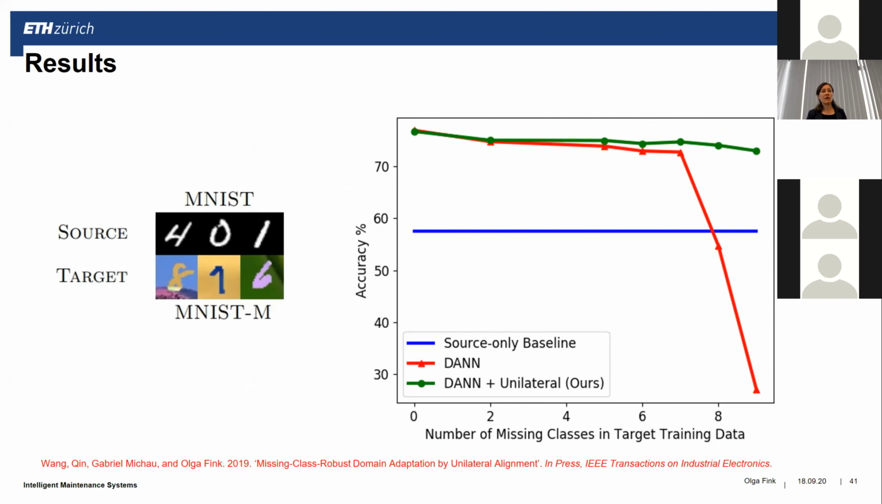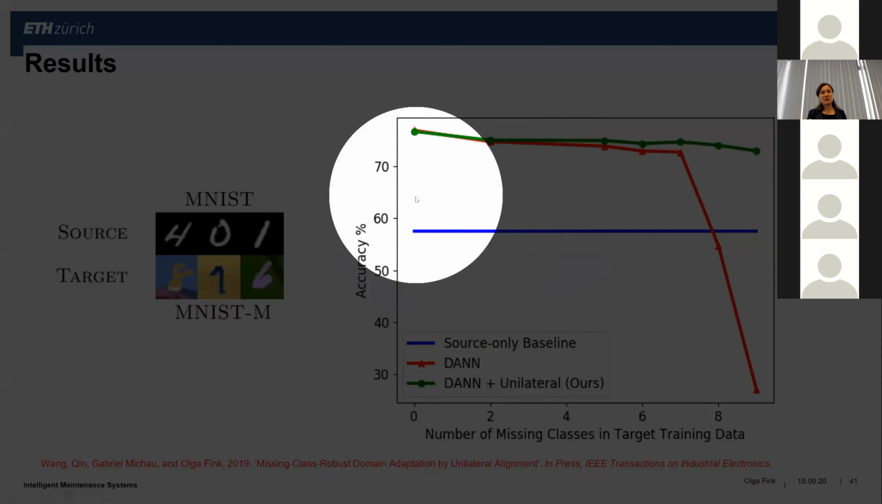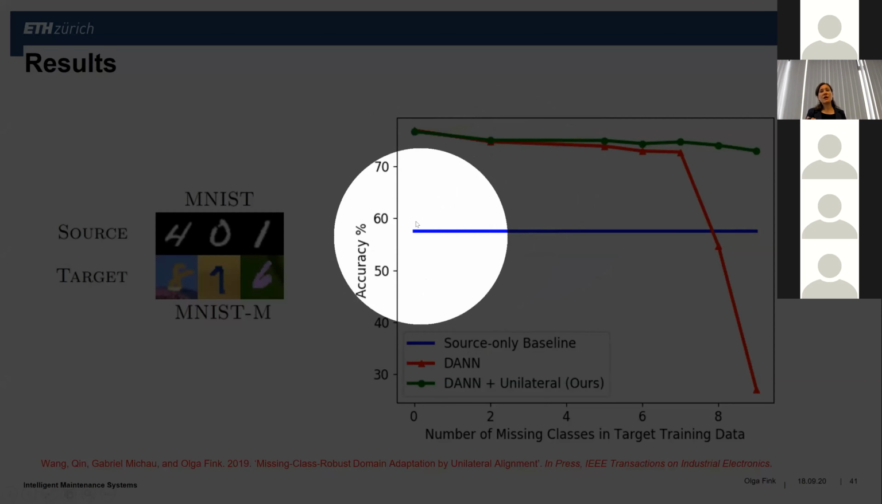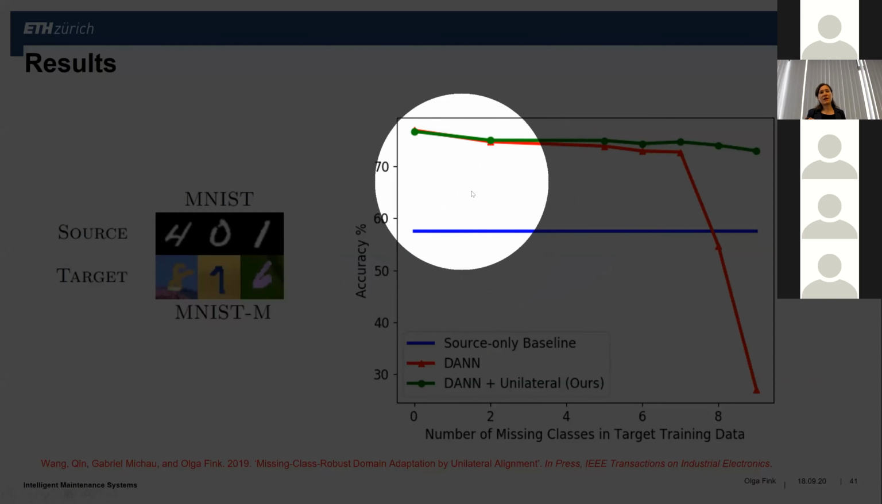We start first with the case where all of the classes are present in the target and in the source. So MNIST on MNIST-M, and obviously they have the same performance. And now we start dropping some classes. So here we dropped 2 classes, here we dropped 5 classes, and actually until we dropped 7, it still looks kind of okay. But now we are starting dropping more or excluding more classes during the training, and now it